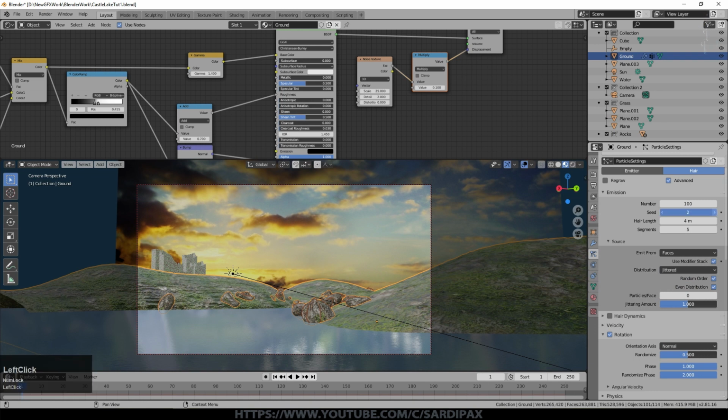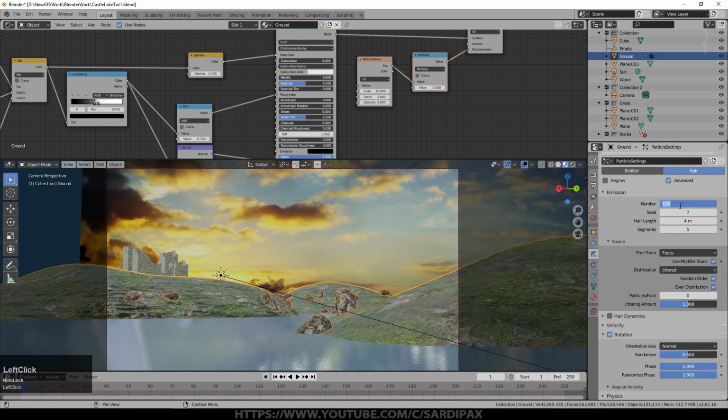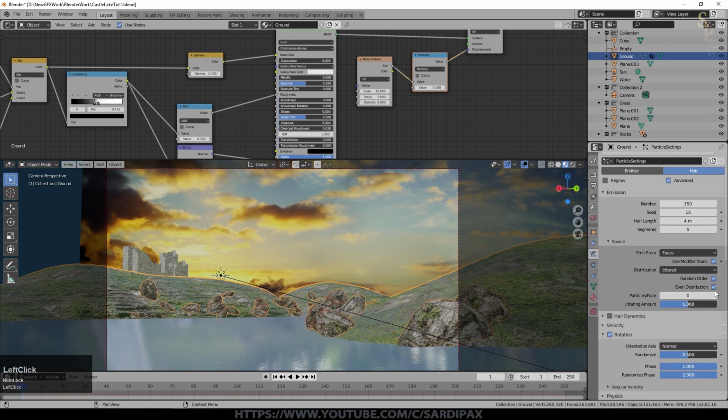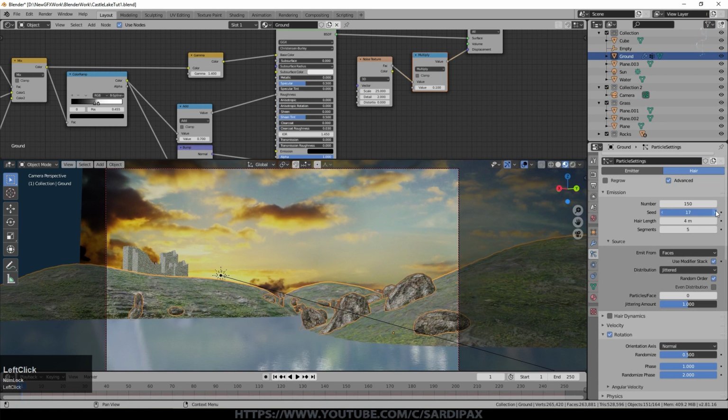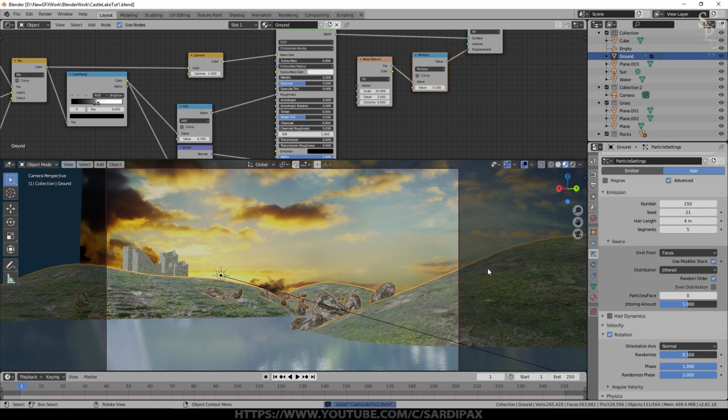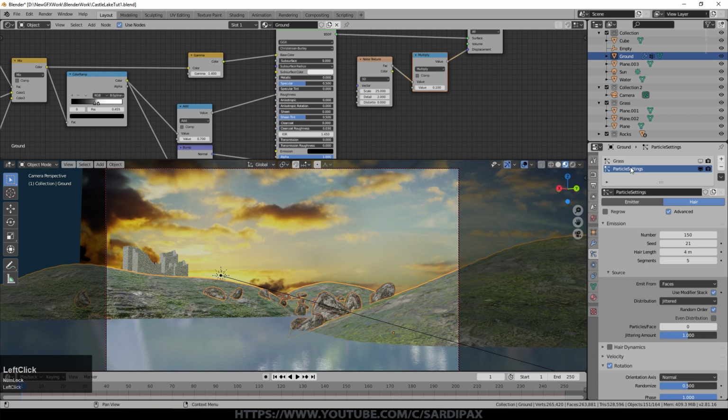That's not bad, that's giving me something, but it's hiding the water a bit too much there. We'll go with that one for now. Perhaps put the number up to 150. Unclick even distribution may help as well if you want really random looking rocks. We'll go with that. So I'm going to add some tiny pebbles, rocks, whatever you want to call them now. And normally you would create even lower poly ones for this, but I'm not going to worry too much about that. So I'll just name this up here as boulders.